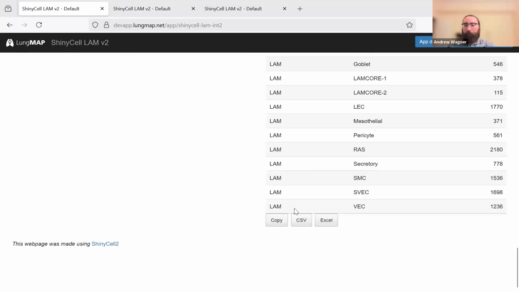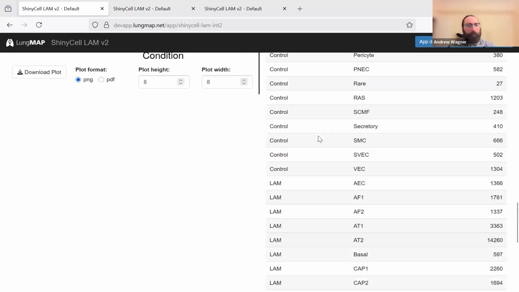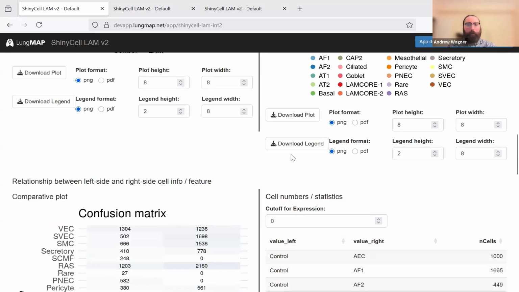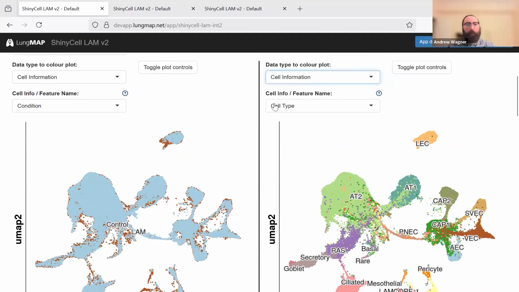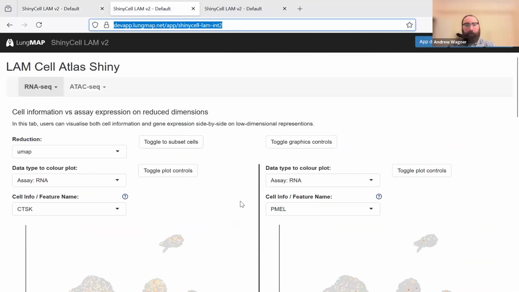And then all the data tables have the same functionality. At the bottom, you can copy to your clipboard, you can download it as a CSV or an Excel, all of the data held within. So from here, we're going to look at expression compared to expression, and I have that open already just because